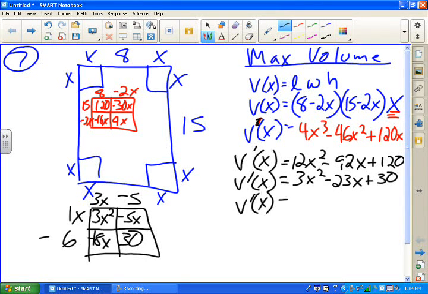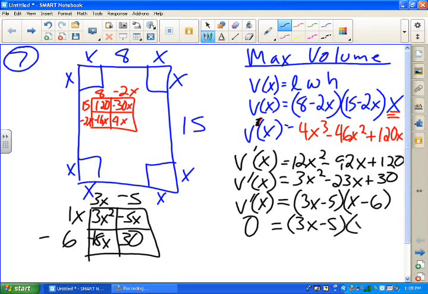So basically what I've done is I factored 3x squared minus 23x plus 30, which is the product of 3x minus 5 times the quantity x minus 6. So now I just set both those equal to 0, okay? And then that'll give me the zeros, and that's where the minimum or maximum values occur. So if I set both those equal to 0, I end up with x equals 6 or x equals 5 over 3, I think. So now I've got to go and see if one of those solutions is extraneous. If I let x equals 0 or x equals 6,